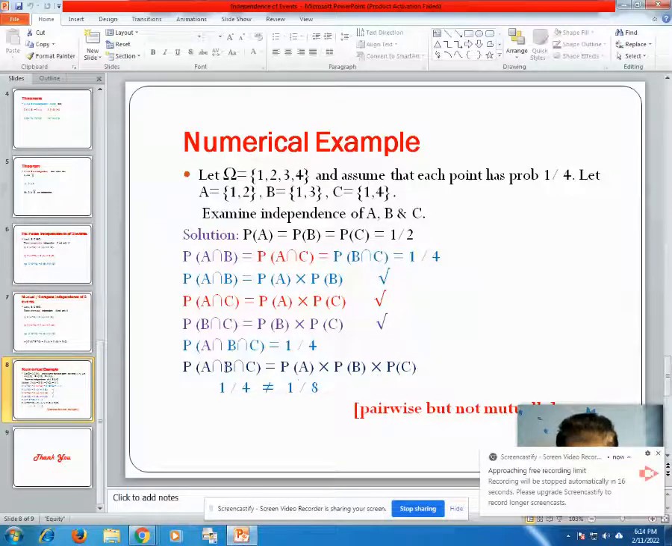So we can say that this is 1 by 4, and this is 1 by 2, 1 by 2, 1 by 2. So that is 1 by 8. And 1 by 4 is not equal to 1 by 8. Therefore, we can say that this is not mutually independent, but this is pairwise independent. Accordingly, we can take a call whether this is pairwise or